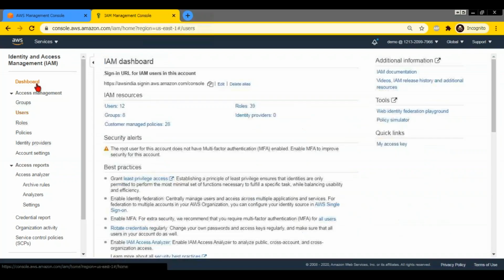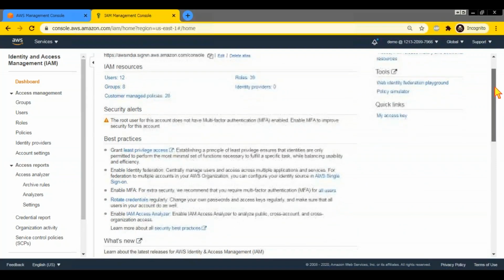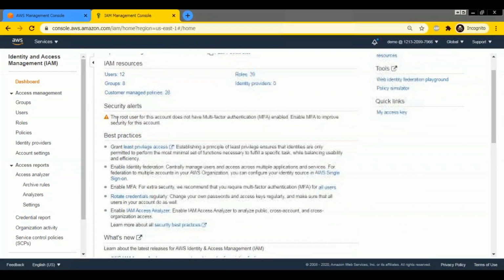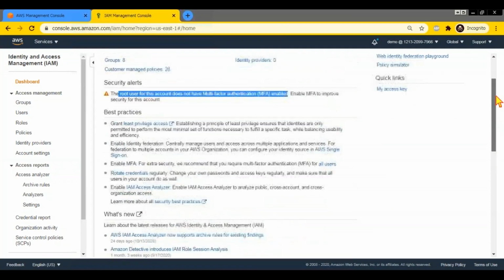But usually when you log into your AWS account, you might see some alerts here. I cannot show you that because mine is not a new account. But you might see certain things over here. You need to make sure that those are all set. One of those is enabling multi-factor authentication for the root account. And here are some best practices that AWS is saying, right? Use the principle of least privilege. Make sure that you have multi-factor authentication, you rotate your credentials frequently, all these things. So we'll see a few of those things.